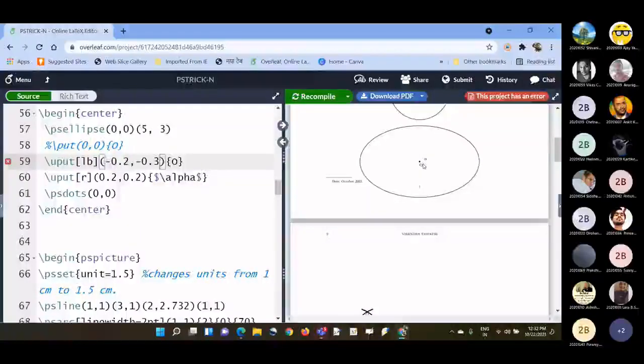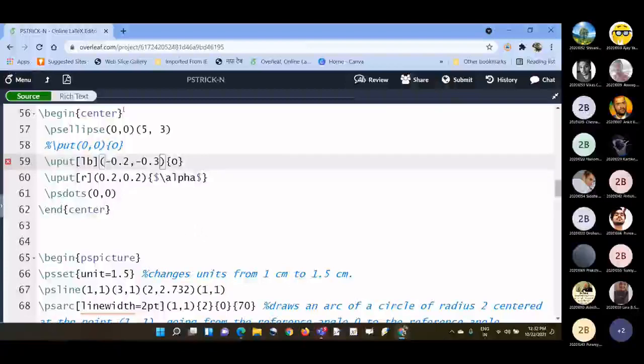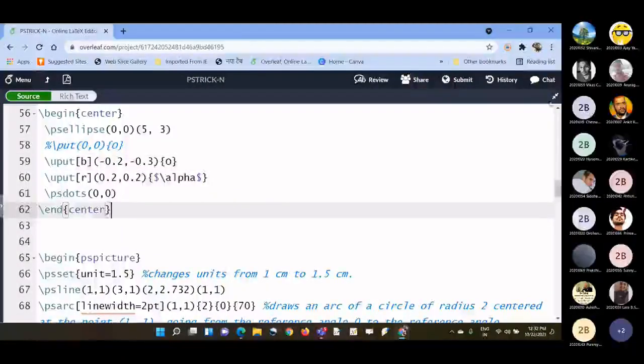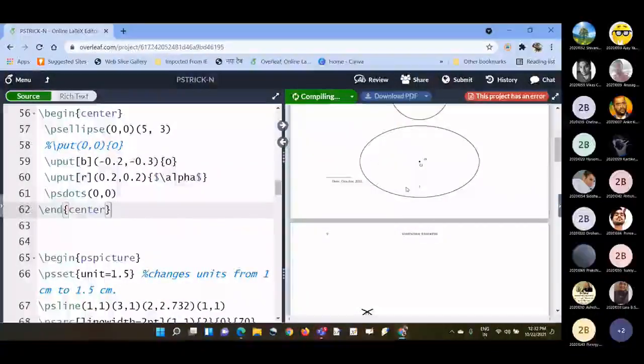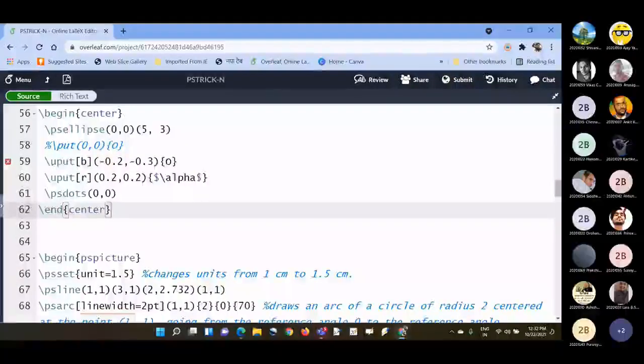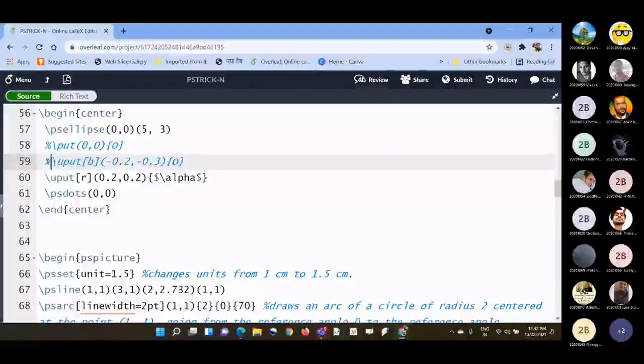You can see that at this position it is putting it. So accordingly you can change it. If you want it below, only if you write B, it will go below that coordinate, you see. So many combinations you can try out. Let me put a comment over here.